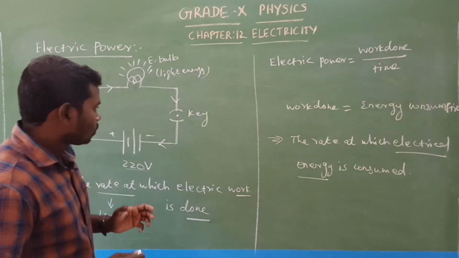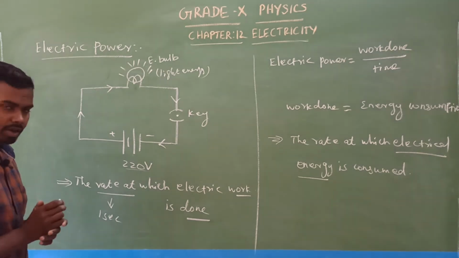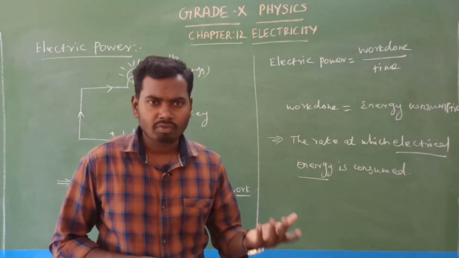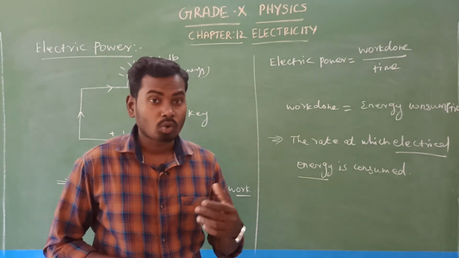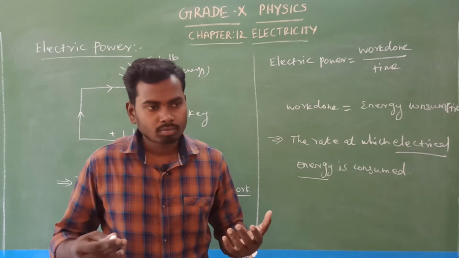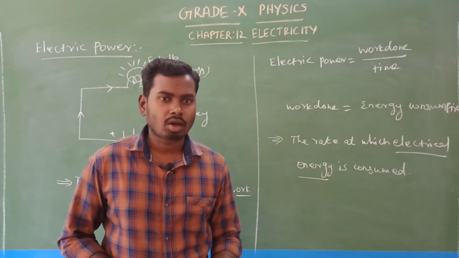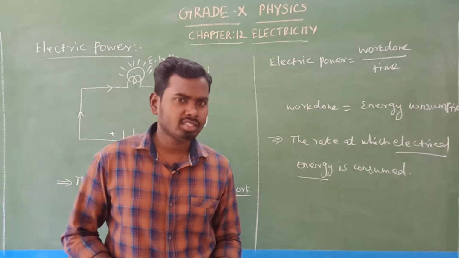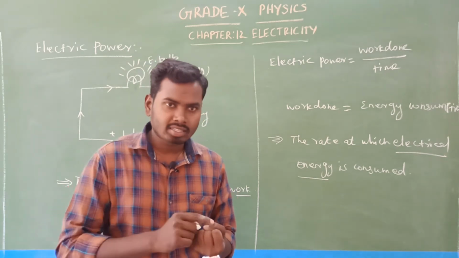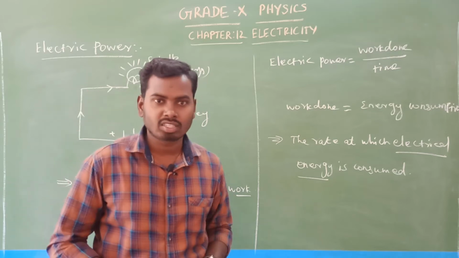So again, I'll recall that. Next, we are going to see electric power. At home, we use different kinds of electrical appliances: a TV, a refrigerator, air conditioner, fan, microwave oven, then water heater, toaster, and so many things. These electrical appliances function every day only because of electrical energy. They consume the electrical energy and it gets converted into other forms of energy, such as light energy, heat energy, and so many energies.